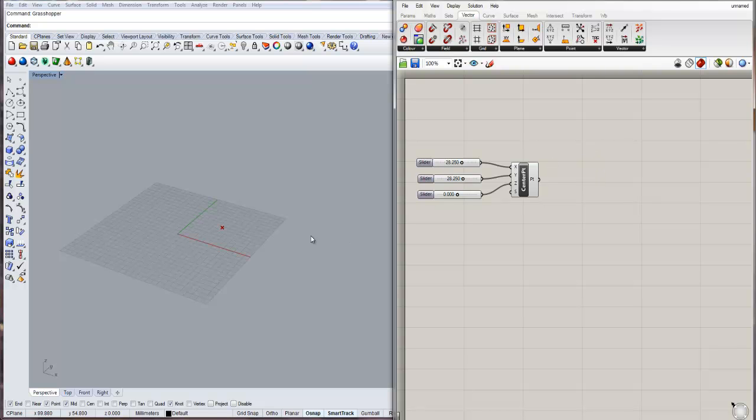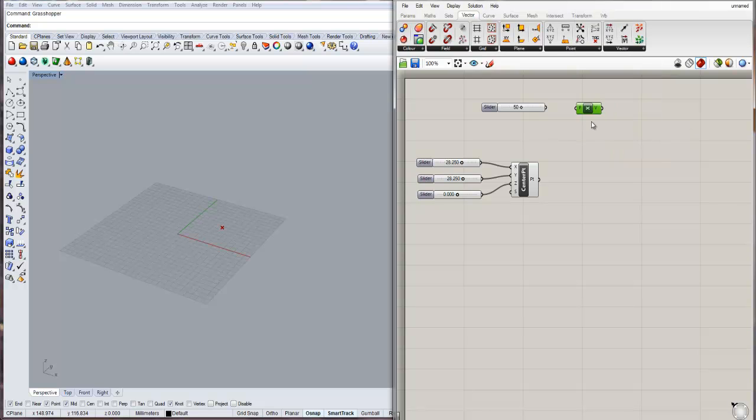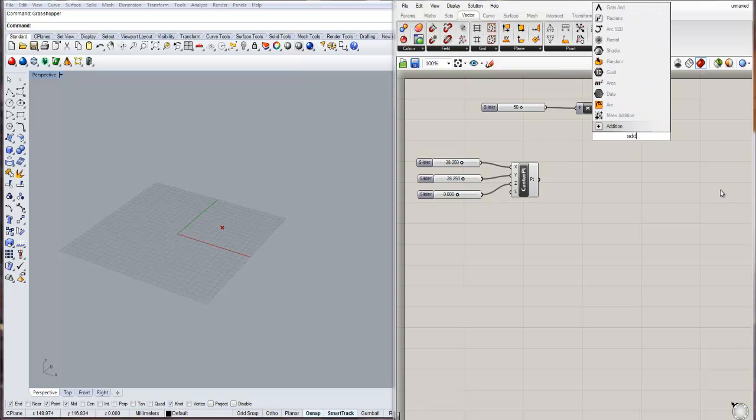We'll make 8 points to control this parametric curve. We will make a slider bar for the length of the x-axis. So we can input slider or just type a number. For example, I would type 50, then it will automatically give you a slider bar. When I type x, I'll get a unit x battery. Okay, I'll connect this slider and make a addition